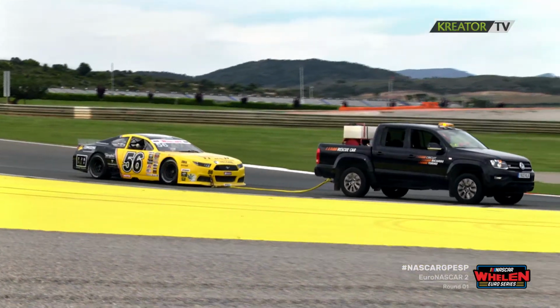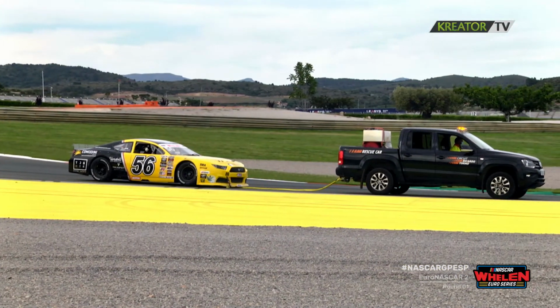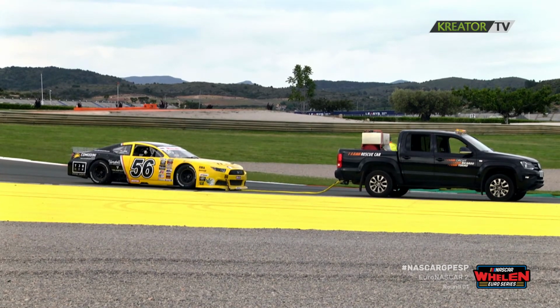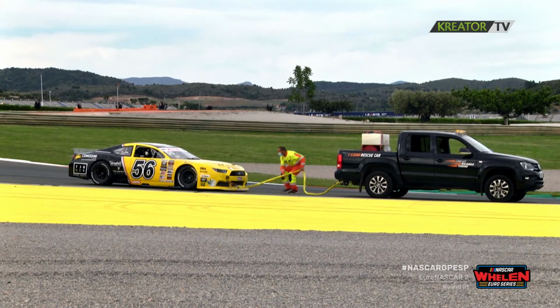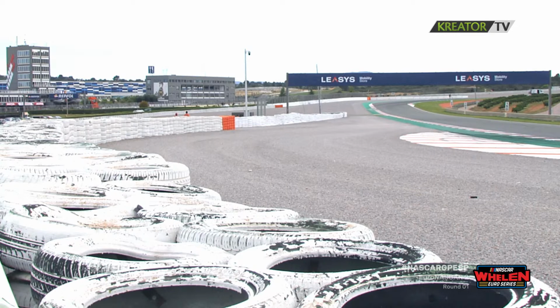Fantastic stuff from Alberto Panebianco. You could see how hot, how tired he was. You might just have spotted the bandage on his right hand as well, because, of course, they are all left-hand drive cars, and therefore you shift with your right, albeit there is that sequential gearbox option for this year, but most of the cars out there are still running the manual. And just a little bit of strapping to the hand to ease what we tend to see are usually blisters on the palm, which means that once you get one, it makes it even more painful to shift. So you've got to do something to try and prevent it blistering or causing you more grief whilst